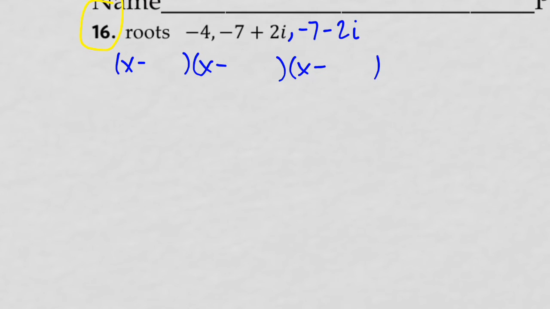Put in negative 4, so that gives you x plus 4 on the first one. For the second one, I'm going to do it in my head, but remember the negative here means that you change the signs of those. So it's x minus negative 7 minus 2i. So minus negative 7 actually makes it plus 7 minus 2i. The signs basically change. Same thing for this one. Minus negative 7 is plus 7 plus 2i. And now